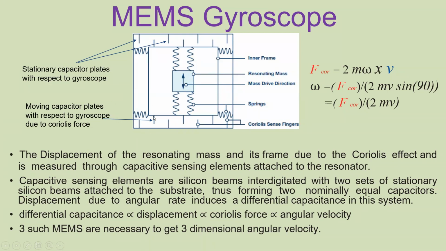You already know these things because I have already covered them in the accelerometer lesson, right? When this is at an equal distance, the differential capacitance is 0. When this plate is displaced from its place, there will be a differential capacitance, right? So in summary, I have given how this proportionality works.